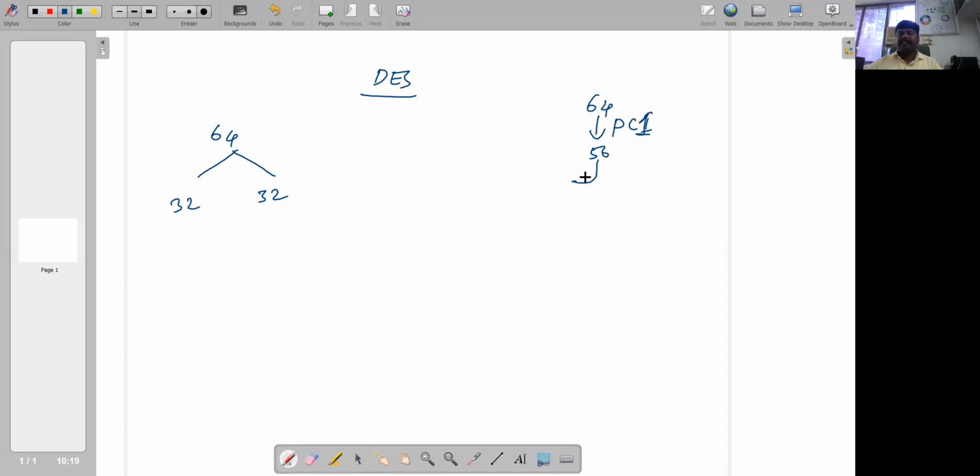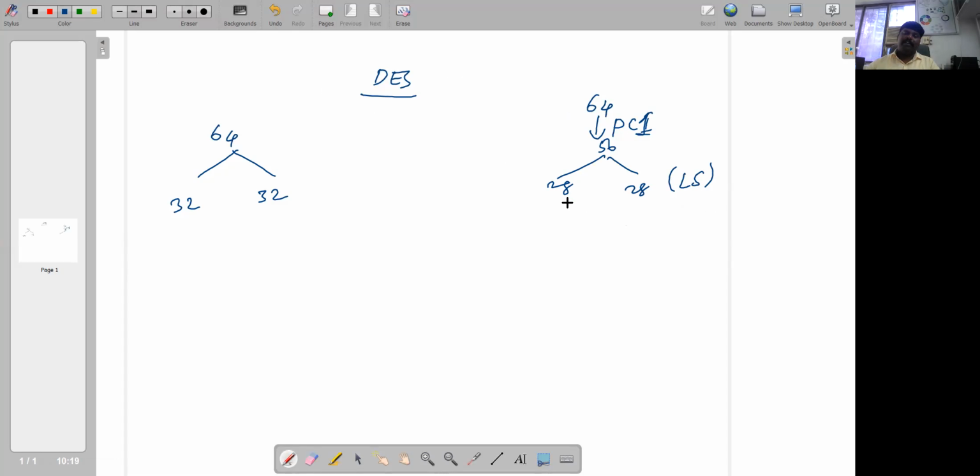From 56, using permuted choice 2, this includes all the left shift operations. Now this is also divided into two halves, 28 and 28, and the left shift operation is applied to these values.